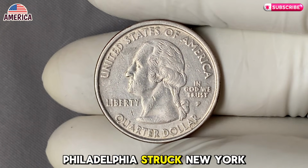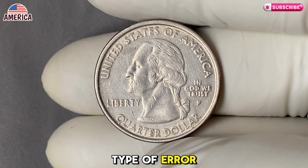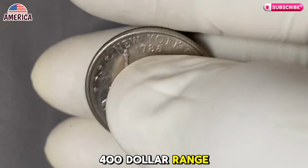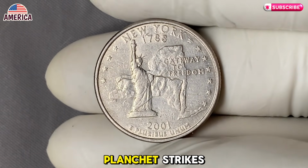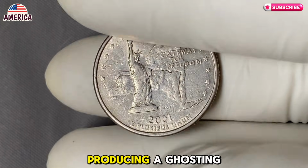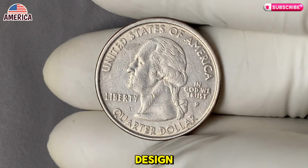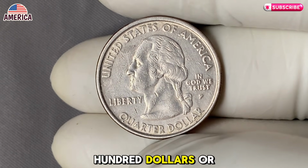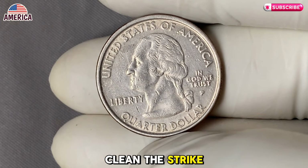High-grade Philadelphia struck New York quarters with this type of error, when certified, can command prices in the $300 to $400 range. There are even reports of dual planchet strikes, where two blanks overlap and get struck together, producing a ghosting effect of the design. These extreme oddities can go for $400 to $500 or more, depending on how clean the strike is and how